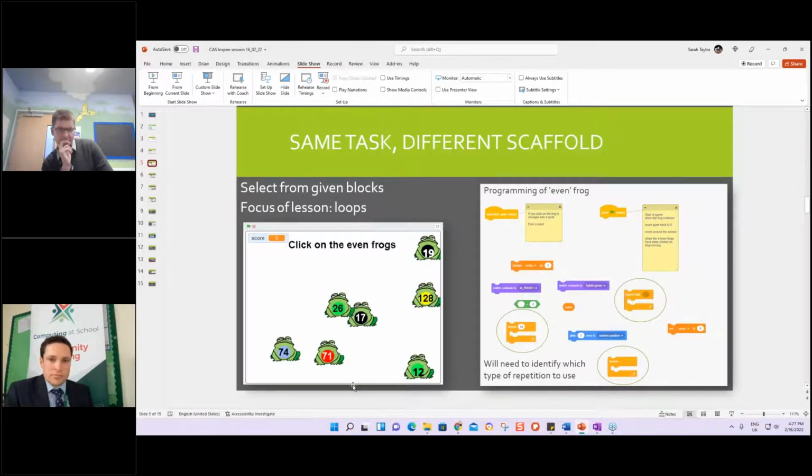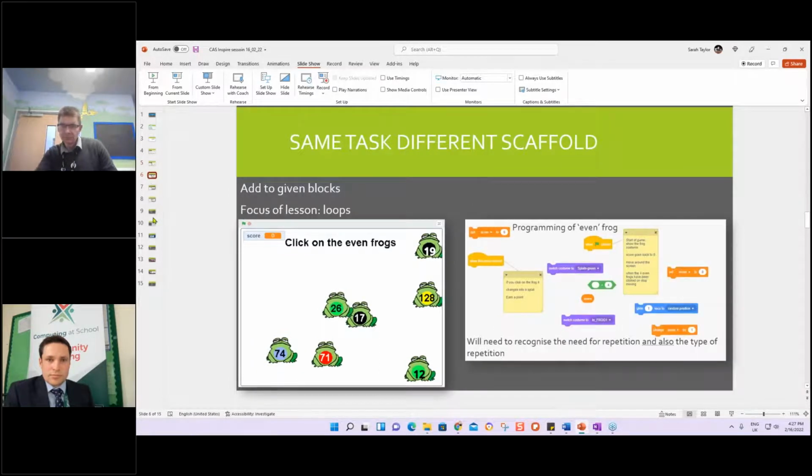So if you're focusing on loops and the repeat until or the condition controlled loop, then they've got to make the best selection from the ones that are available. So that just adds that extra bit of challenge. And then in this example, moving on again, making it a bit more challenging, the learner's been given the task of creating the program with the blocks provided, but needs to include an additional block. They're allowed 1 extra block.